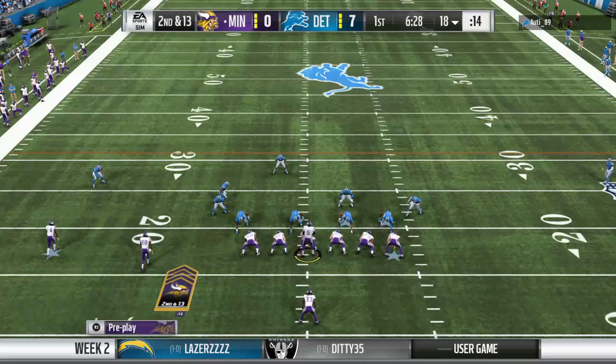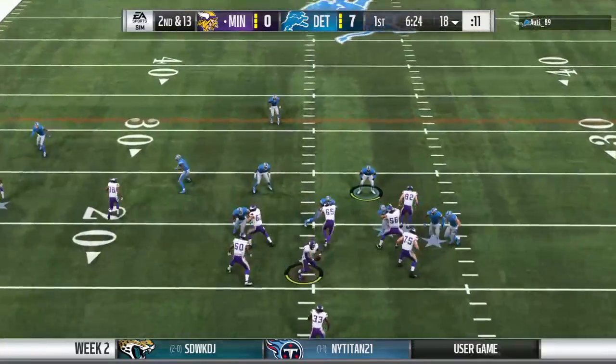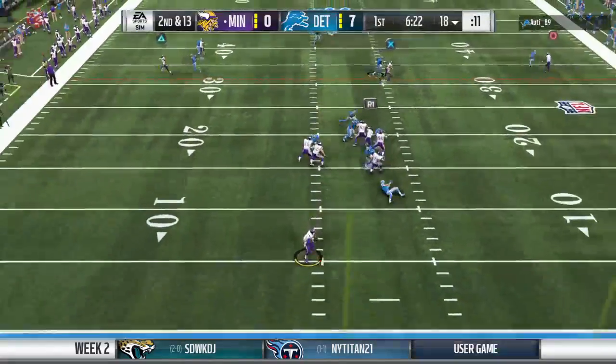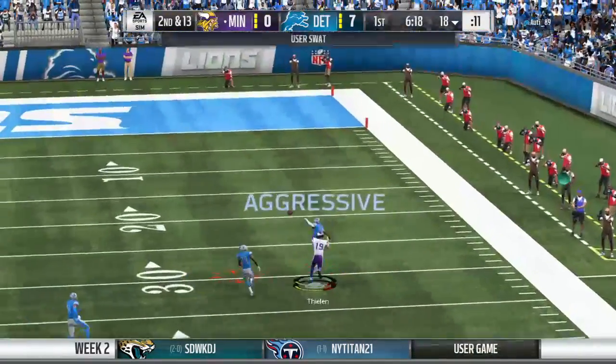Yeah, we know. You know better than I. He has the ability to take over a game. So what do you do? Yeah, I think you have to make sure that you bottle him in at varying levels, because if you crowd everyone to the line of...